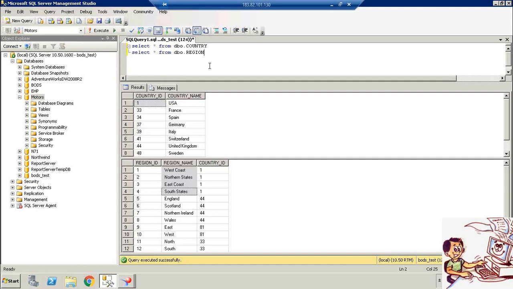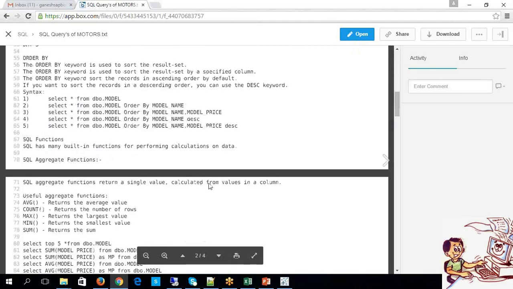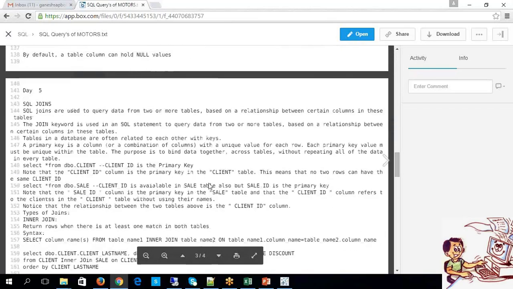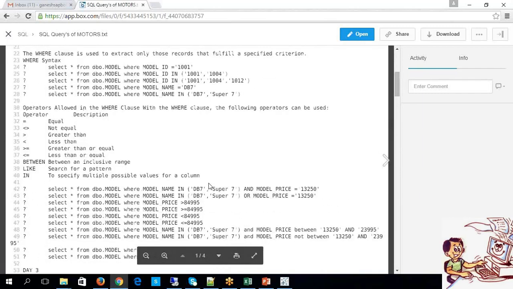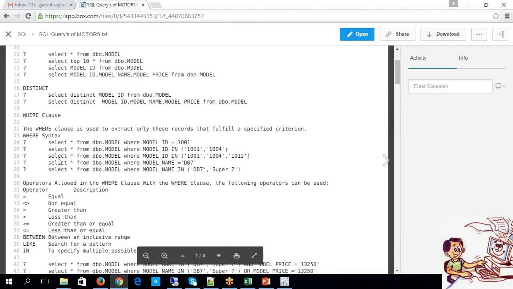I'm not pretty sure, probably you can get in touch with them, because most of the trainers, whenever they are dealing with Tableau, say that these conditions and all are not required, but it is required, guys. In fact, during the data validation level, it is required. So you had better check with the Big Class folks and say that I need a database of MS SQL Server with the Motors database. If you have a Motors database, simple, you can just copy paste it.